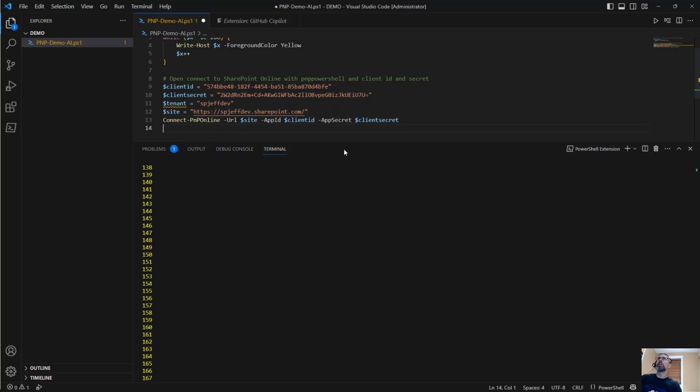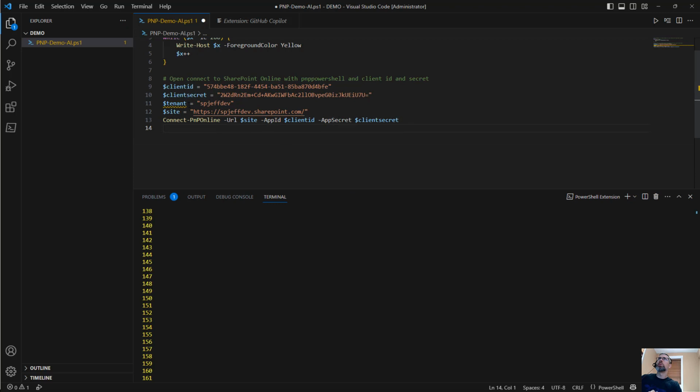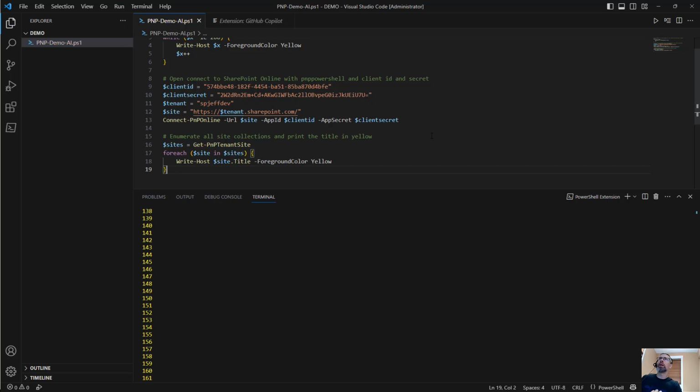It's fascinating stuff, but it is actually coaching us through making these particular suggestions. And we can even do like that. Cool. And then here I might say enumerate all site collections and print the title in yellow. It kind of knows that I have this thing for yellow based on the comments we've had higher up in the code. So that made a suggestion for this entire block. And if we go ahead and take that over,